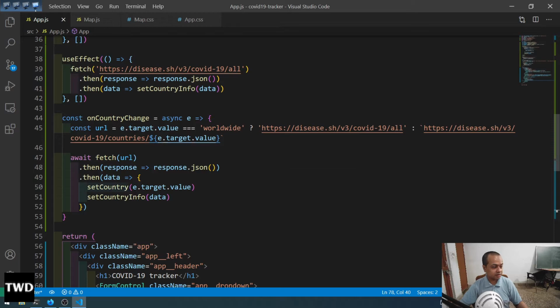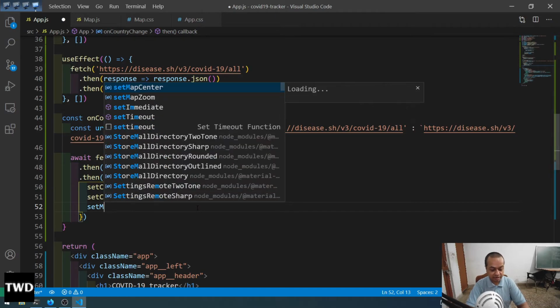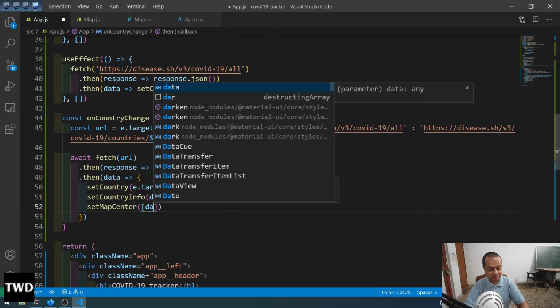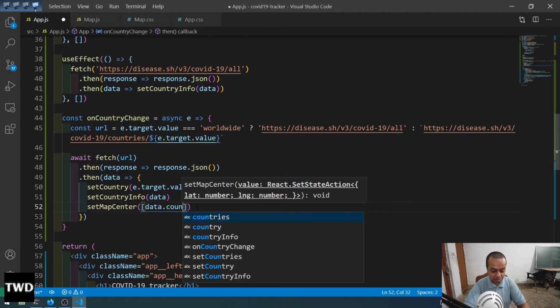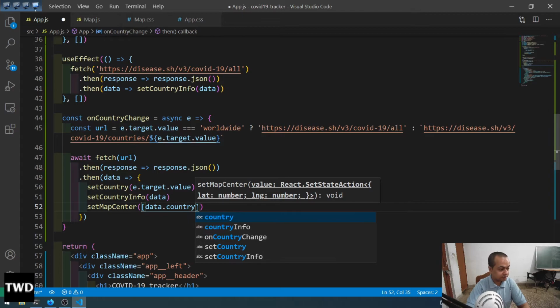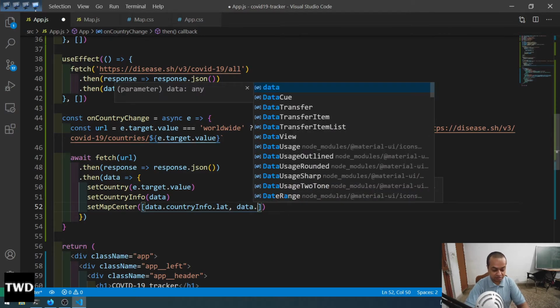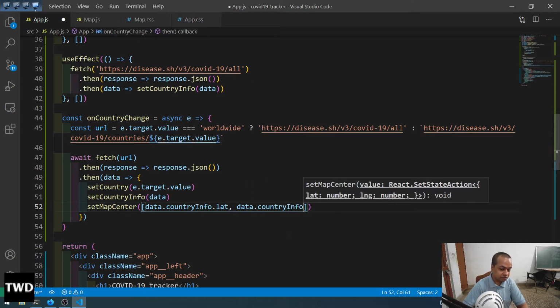So data is target.value, here only we will set it. setMapCenter is, because in this data also we get the lat and longitude, so we are passing that data: data.countryInfo.lat comma data.countryInfo.long. So we have like this,